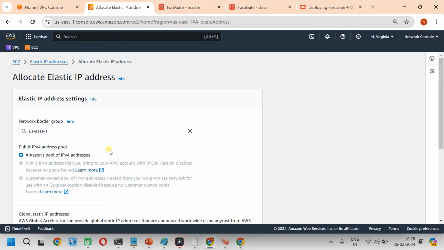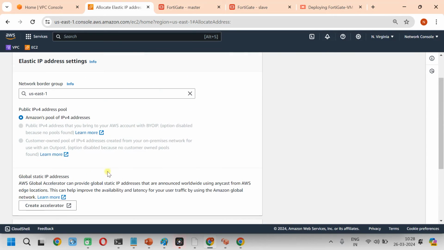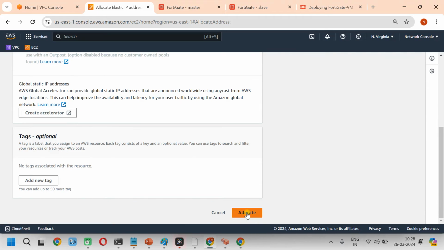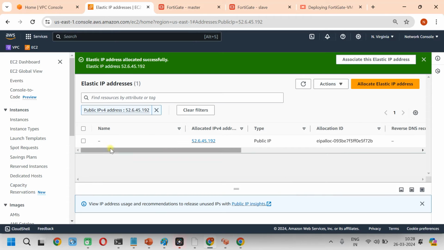In real time, usually we don't need to worry about these public IPs. We don't need to use this many public IPs, because usually we'll have access to these management interfaces internally, and they route this management traffic towards the internet using NAT gateways or on-prem routers. As this is a lab, I'm just using multiple public IPs. Okay, so let's allocate this and I will assign it to